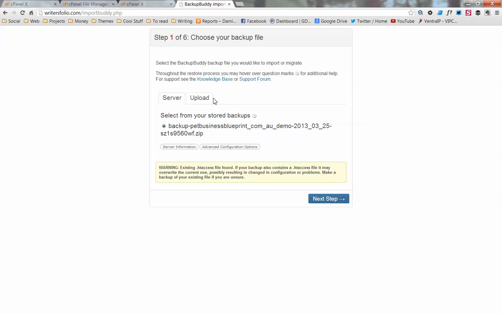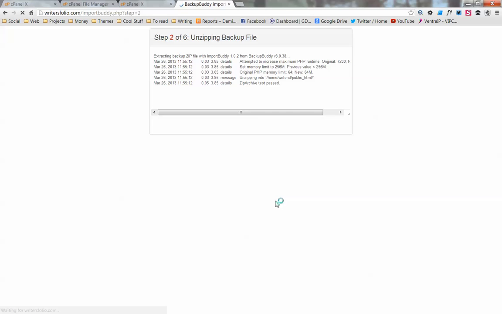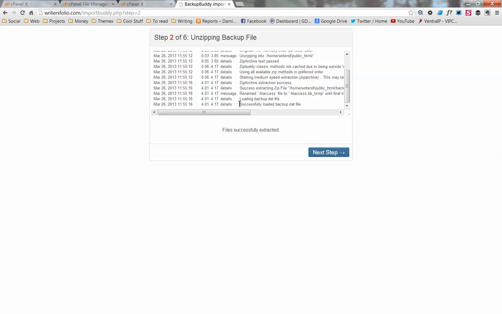and then it gives us the option of which file we want to extract. We've only got one to choose from because we've only put one on the server, so we just keep that as default. We click next step. Don't worry about any warnings or anything, just click next step. And here it is extracting all the files to our server. So it's basically put the website there now, and we go to next step,